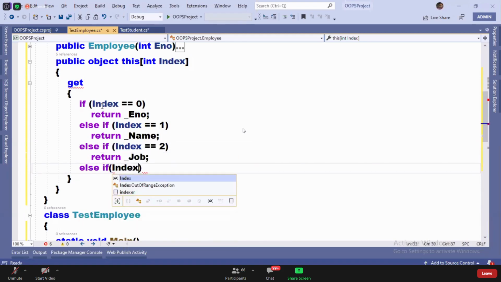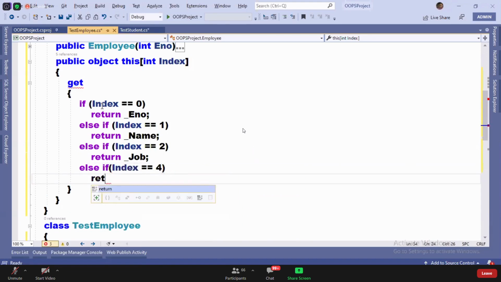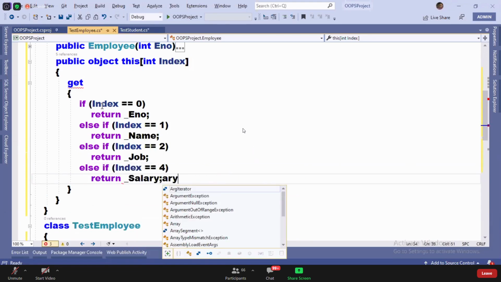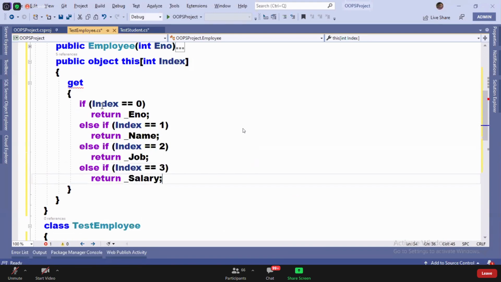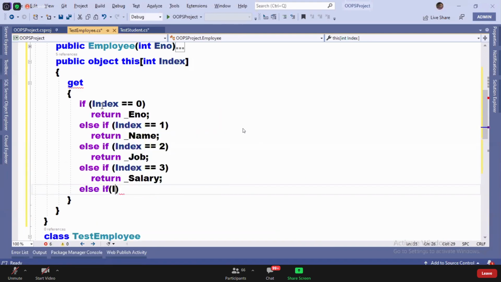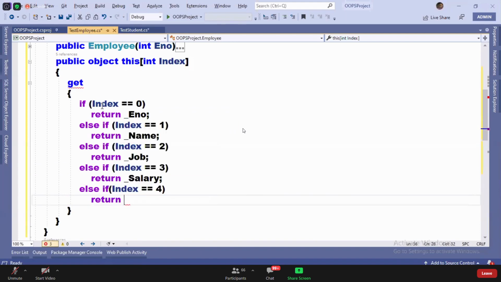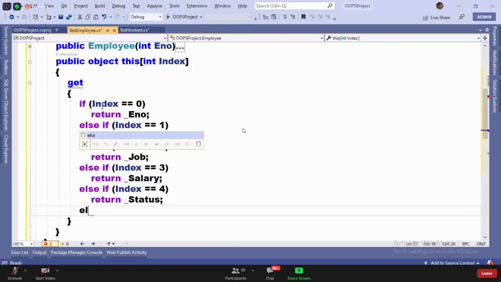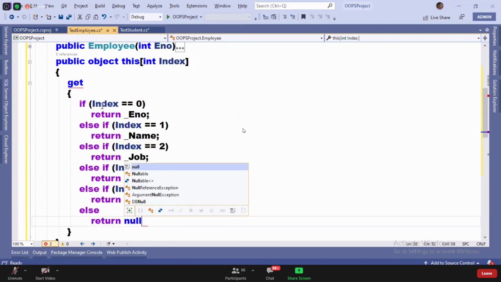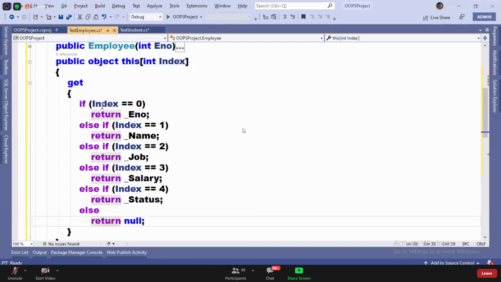Else if index is equal to 3, return underscore salary. I'm sorry, guys, 3, not 4. Else if index is equal to 4, return underscore status. Else return null. What does else return null mean? If you give any value outside the boundaries, apart from 0, 1, 2, 3, 4, like 5 or 6, it returns null. Are you guys clear?